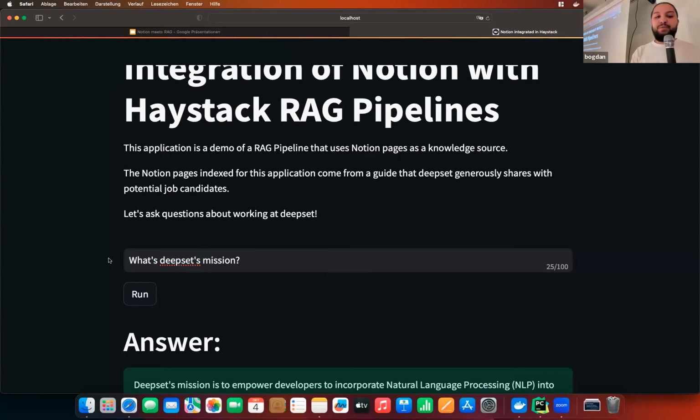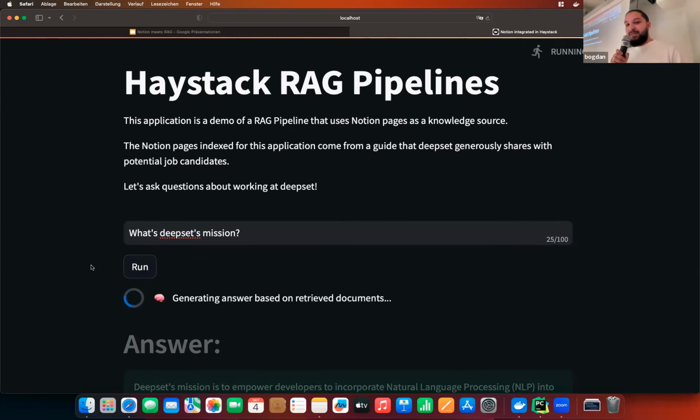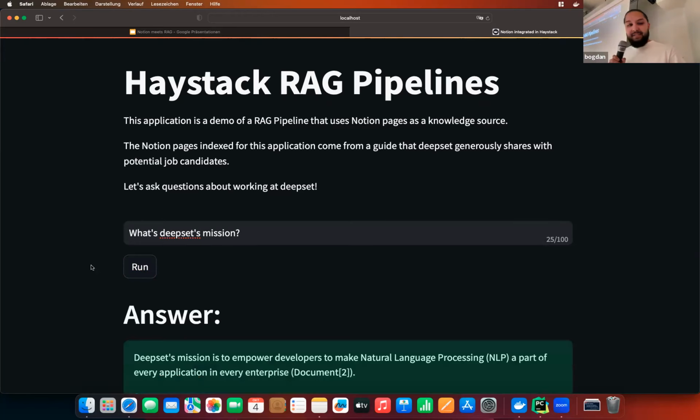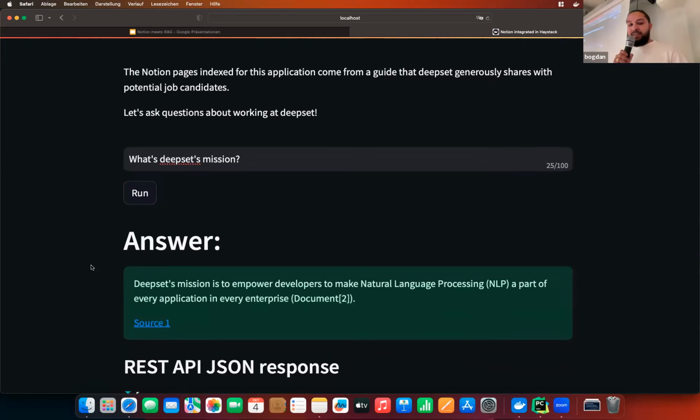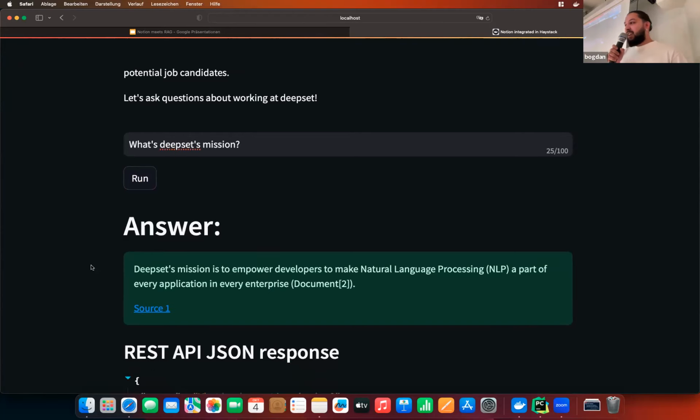The first question that we can ask here is, what's deepset's mission? Let's see what the large language model will produce out of that question. Here we see deepset's mission is to empower developers to make natural language processing a part of every application in every enterprise. And we also have a source given.